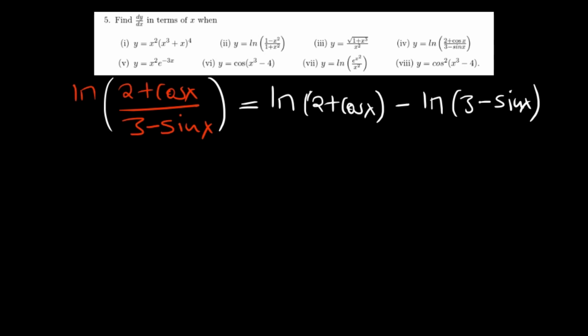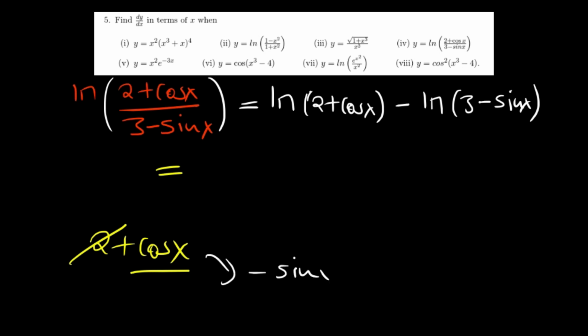At this point we understand that for natural log, whatever is attached, the derivative of it over the original is the derivative. So what's the derivative of 2 plus cosine of x? You know that the derivative of a constant is 0. The derivative of cosine is negative sine. The derivative of sine is cosine. Take note of that. So the derivative of cosine is going to be negative sine